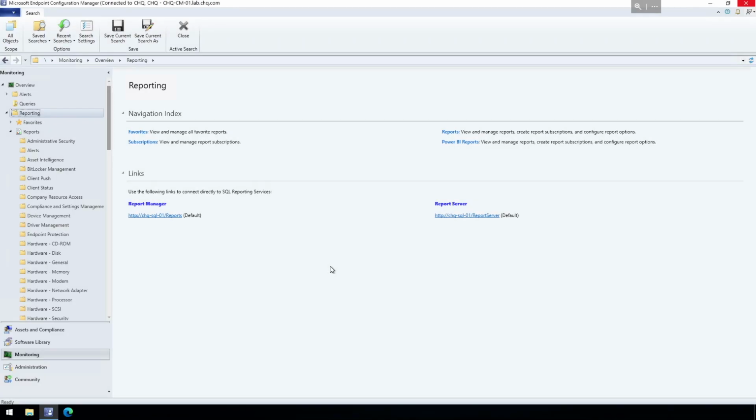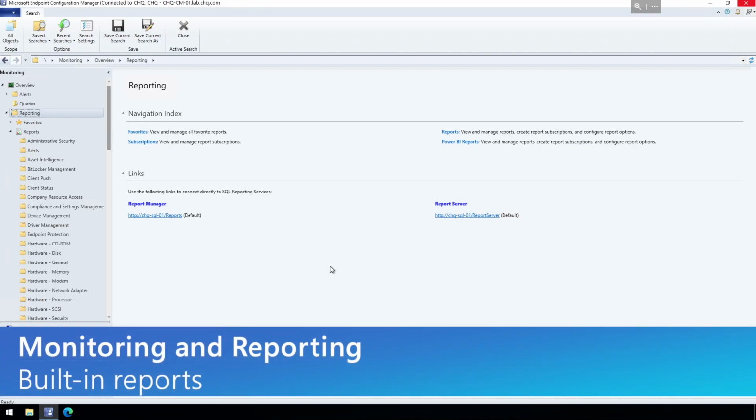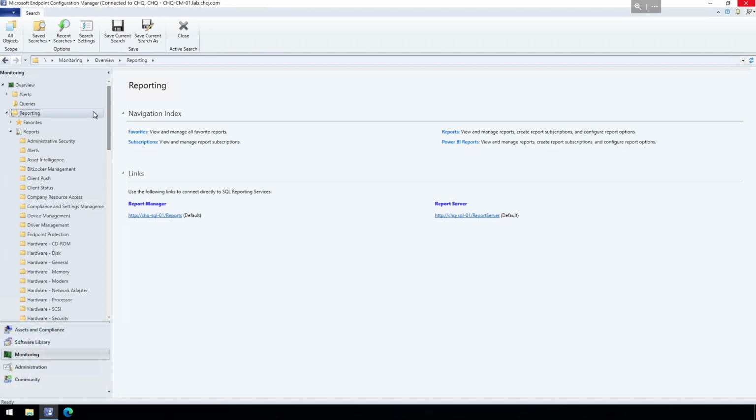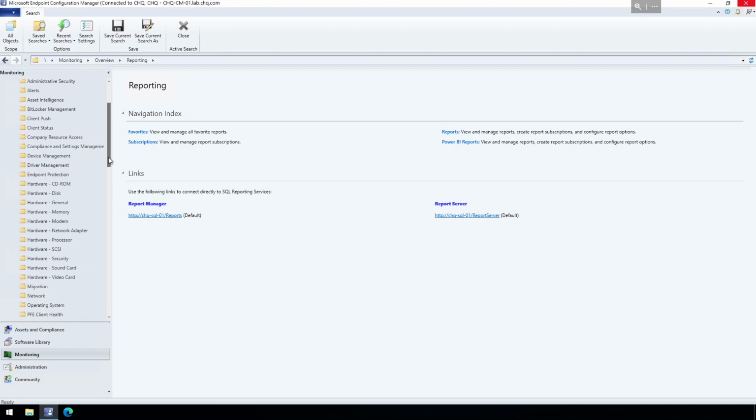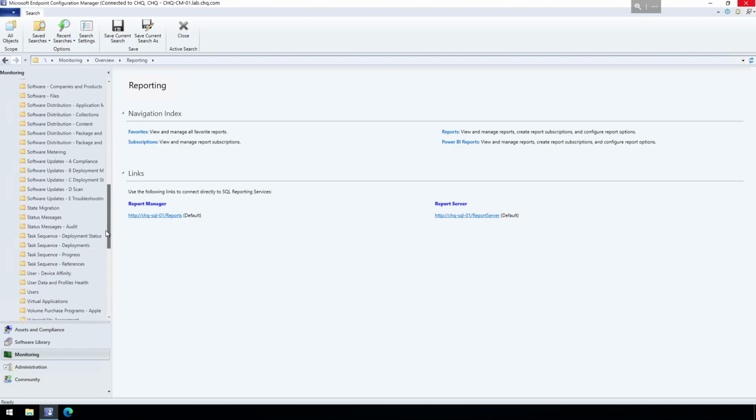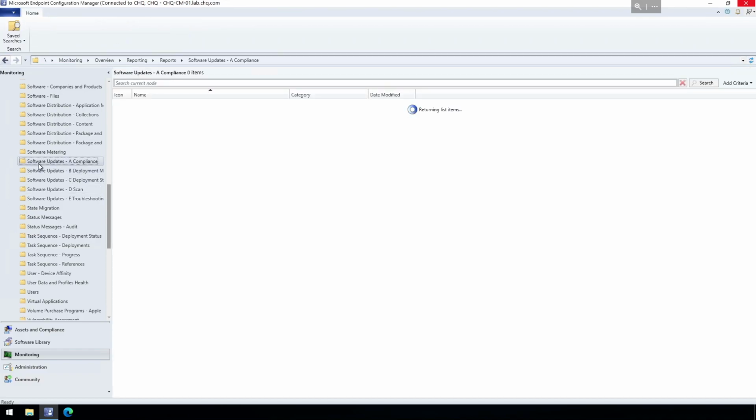ConfigMgr includes an extensive library of built-in reports, and you can get to these by going to the monitoring workspace and then drilling down under reporting. As you can see, there's a number of subdirectories here broken down by the different types of reports. So for example, we deployed a software update for Microsoft 365 apps, and we want to get the compliance for that update. To do this, you could go to the software updates folder